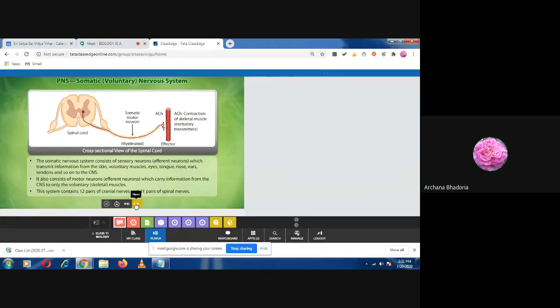Okay, now could you understand this figure? Somatic motor neuron. It is myelinated, can you see? And this is giving the information to the muscles, that is your striated muscle. Okay, the striated muscle is the effector, that is skeletal muscle, with an excitatory transmitter. Contraction of the skeletal muscle will take place and then only the action will be taken.